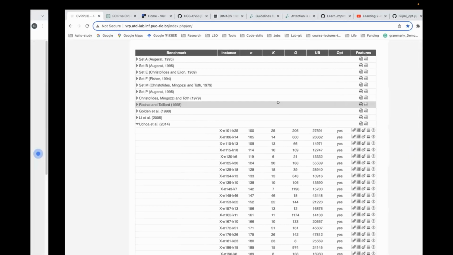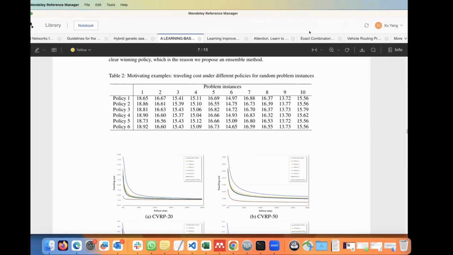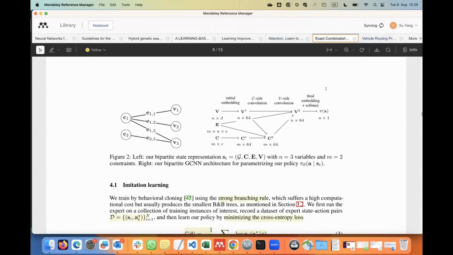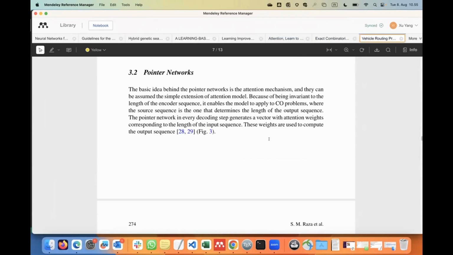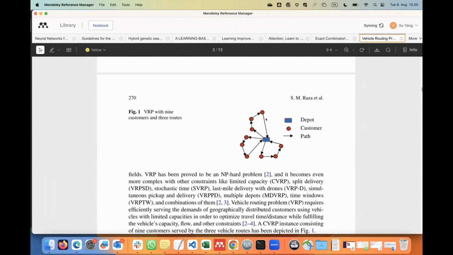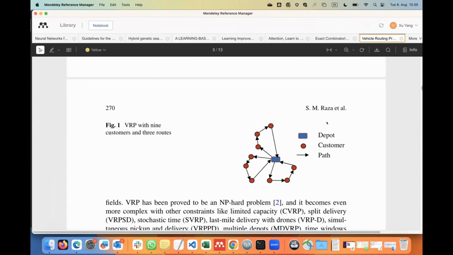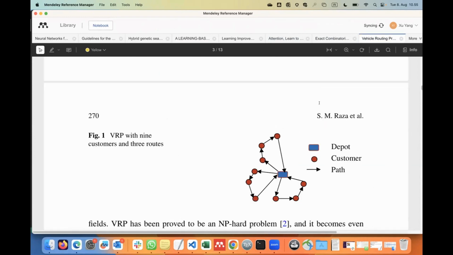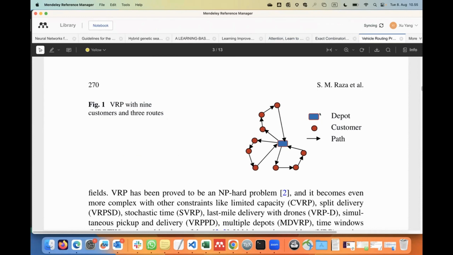The quantity of interest is the solution to the optimization problem. So why not train a deep neural network to map from the representation of the optimization problem to the solution?